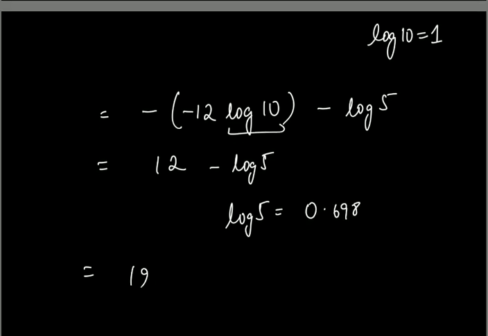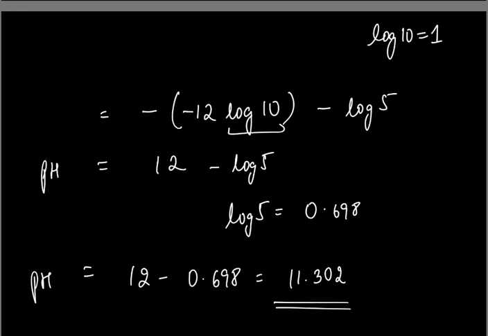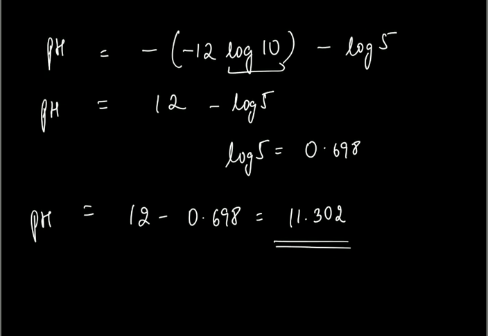So 12 minus 0.698. If you subtract it, this will give you roughly 11.302. That's our answer. This is the pH, right? We are calculating pH. Now, if you go to the next question,